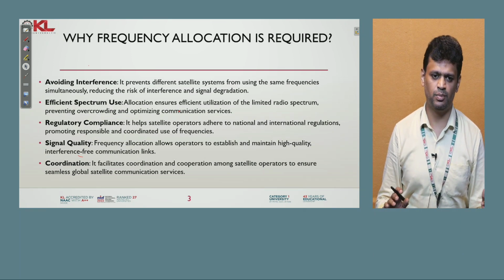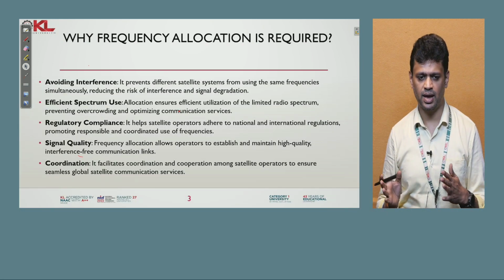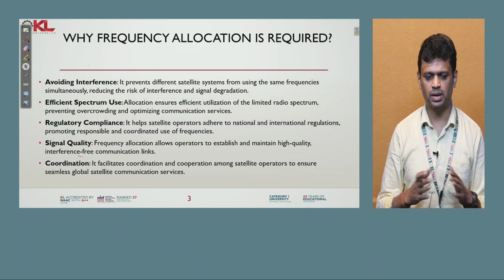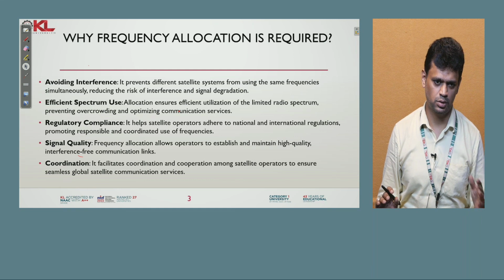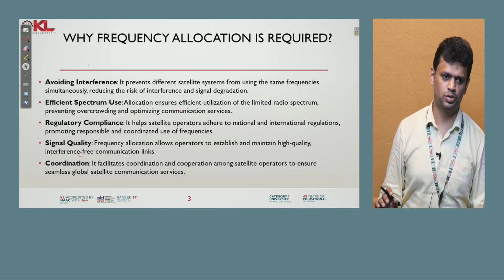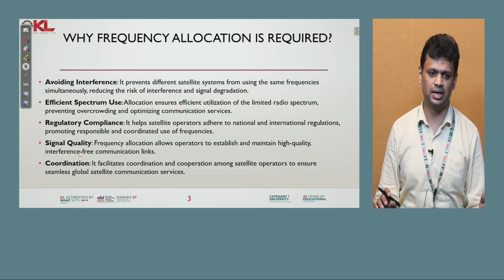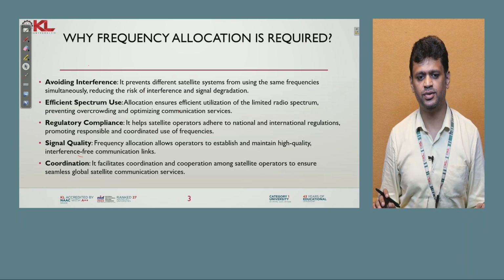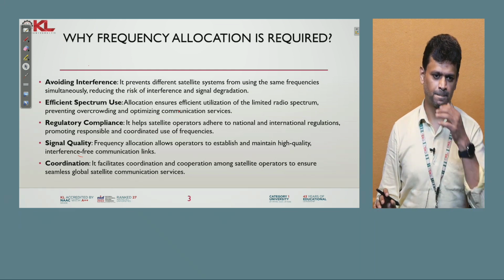For example, FM radio is going on. We should not generate a signal at the frequency of FM radio, because if we do that, the entire FM radio signal will get interfered with and your signal will be destroyed. So it becomes very important that we follow the regulations set up by the governments. The signal quality is also very good if the frequency allocation is done when there is no interference.